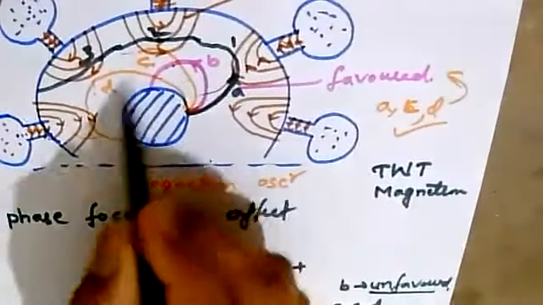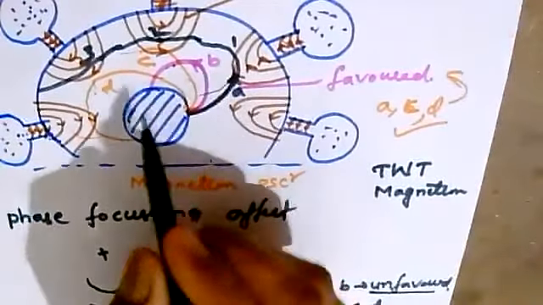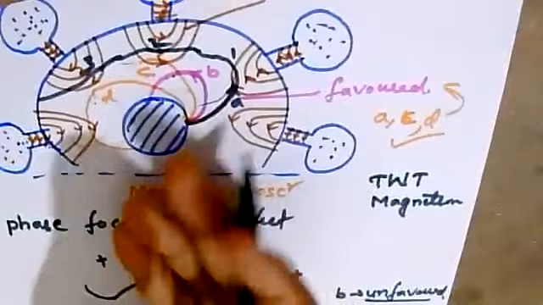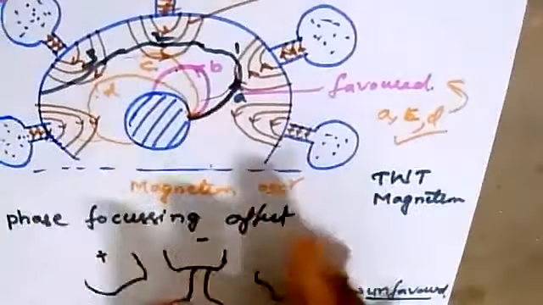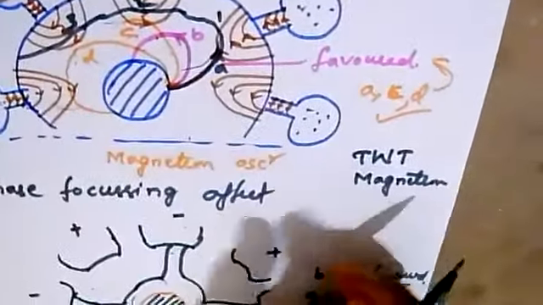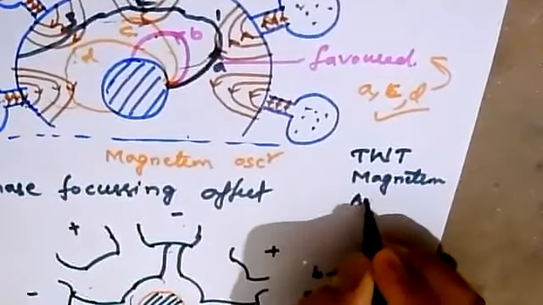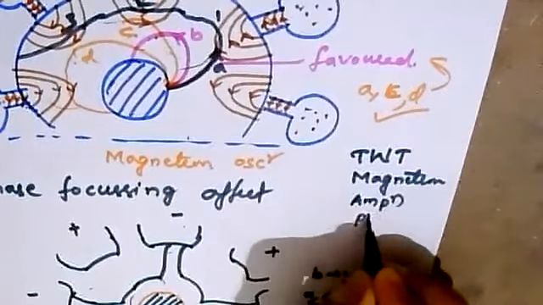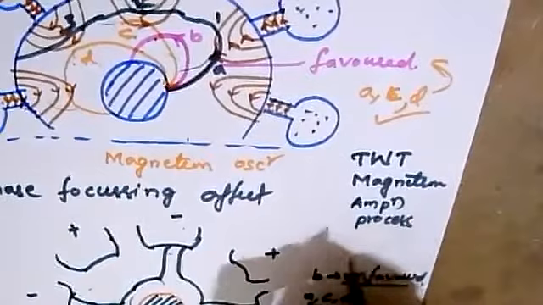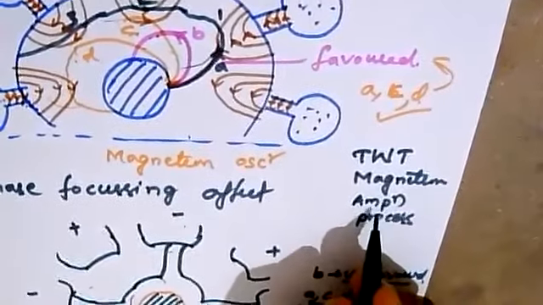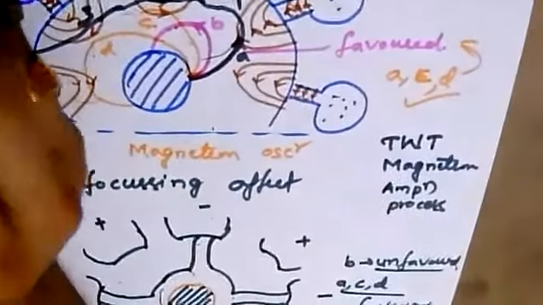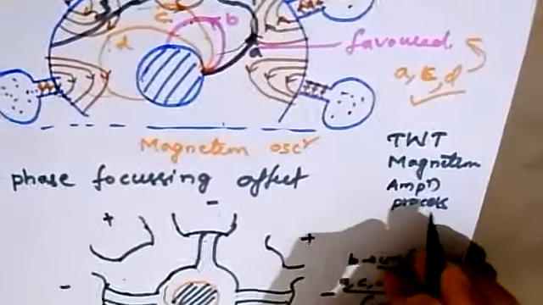So it is better to use red, black, and blue pens, so that it will be attractive while explaining and easily categorized. Later on, we have the amplification process of the magnetron, where it is a somewhat big derivation of 1 or 2 pages. So you can also go through it easily.